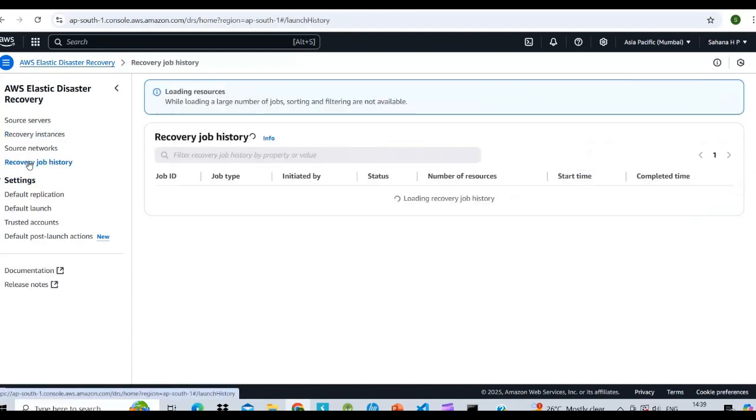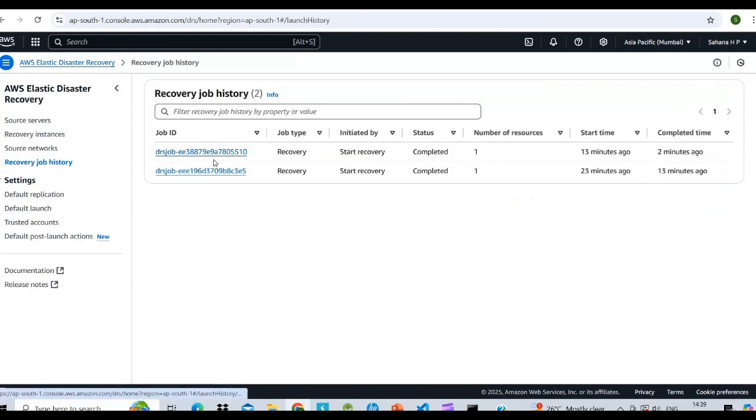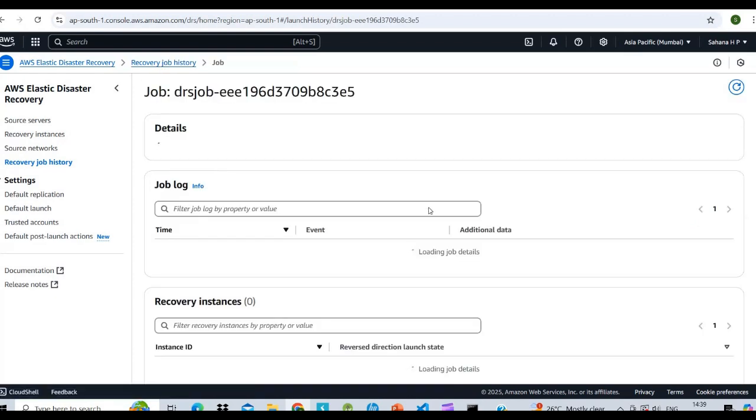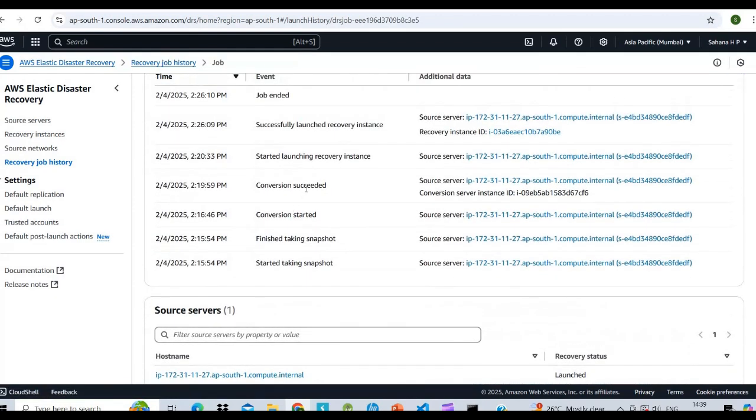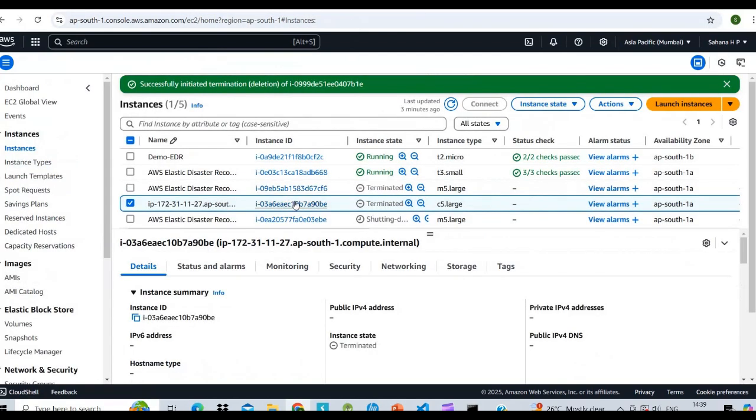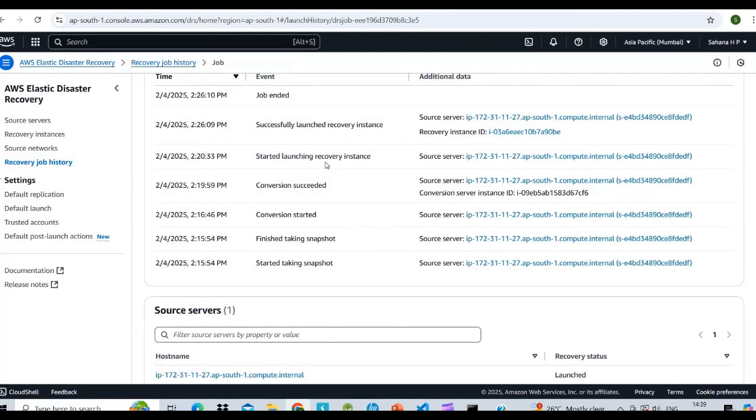In the job history, go inside this. Here, first its conversion started, then it succeeded, then it started launching the recovery instance. When it starts launching the recovery instances, in the instance it's replicated. You can go and see here. After it started launching the recovery instance, it successfully launched the recovery instance.